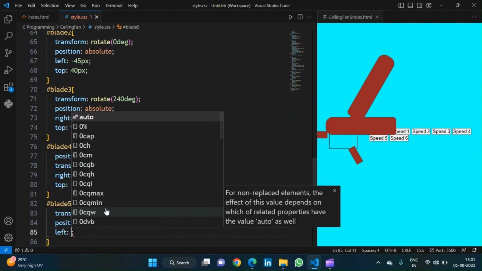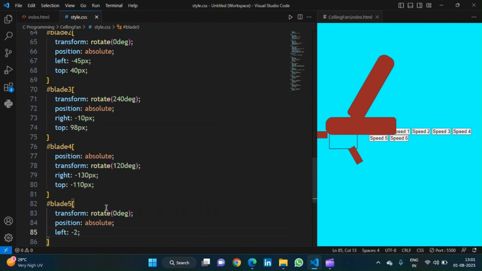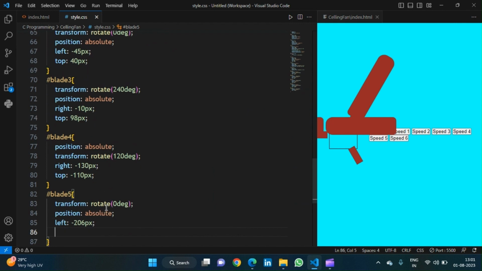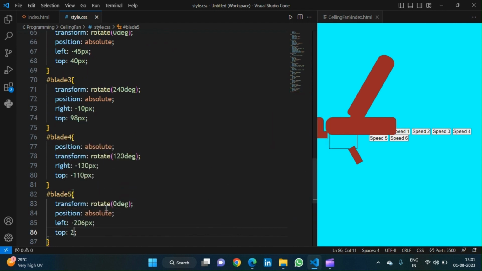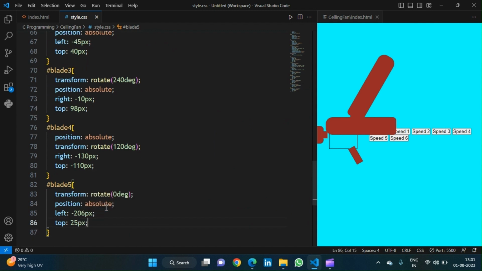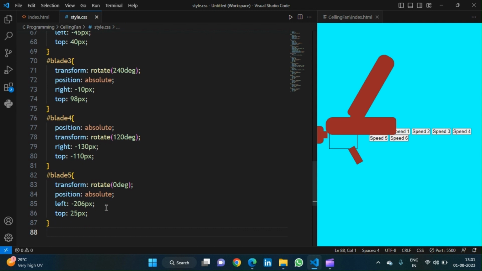So left value should be minus 206 pixel, and now come to the top value. The top value will be 25 pixel, and after that we are coming to the next blade. So blade number 6,